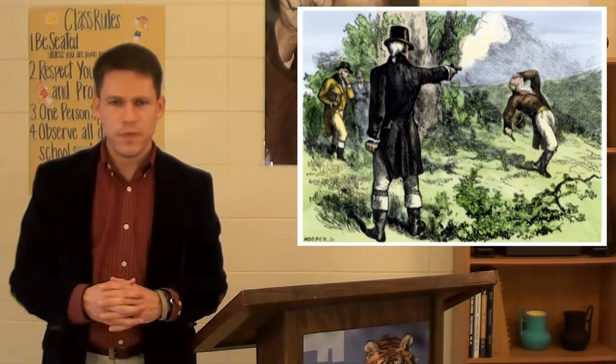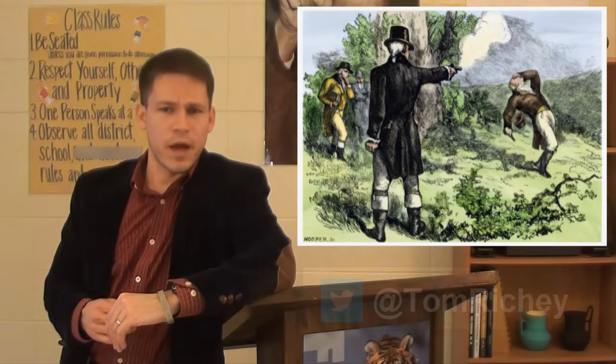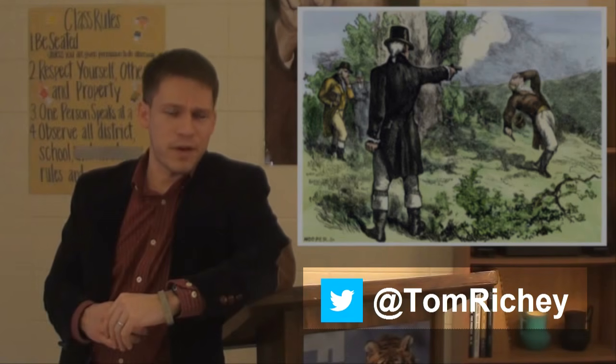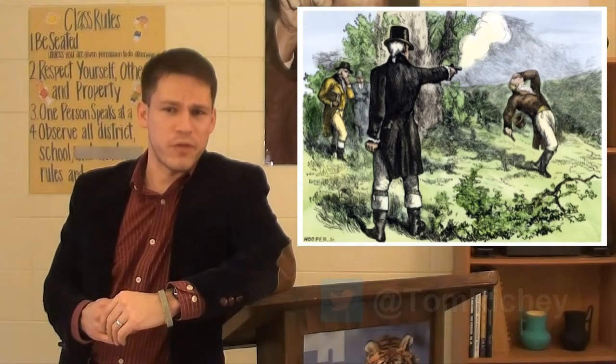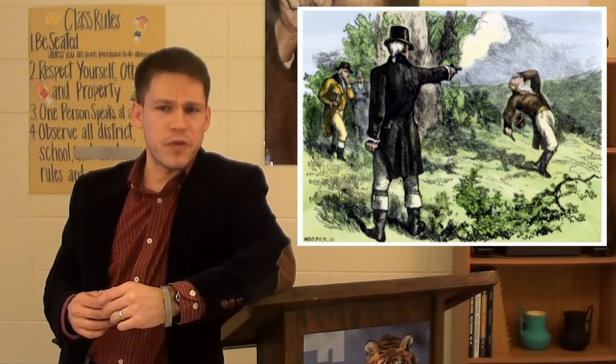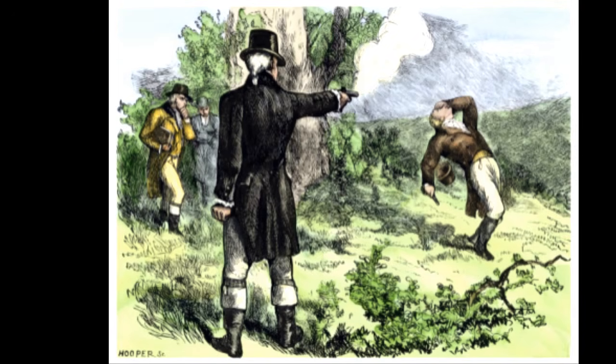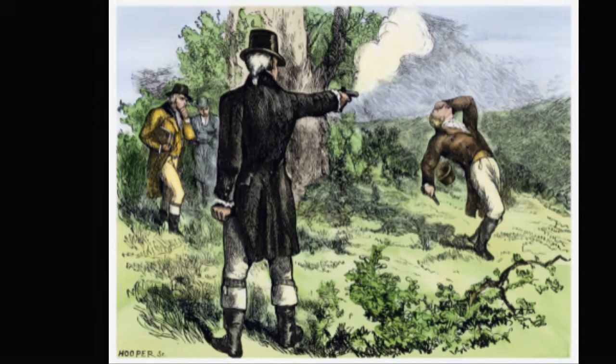Well, after losing this election, Burr needed someone to blame. So upon finding out that Alexander Hamilton had campaigned against him, Burr challenges him to a duel. This was a common practice at the time. Of course, now you can just talk bad about somebody on Twitter, subtweet at them or whatever, but this wasn't possible at this time. So Burr preferred a more hands-on approach, challenged Hamilton to a duel, and killed him. Bye-bye, Hamilton.